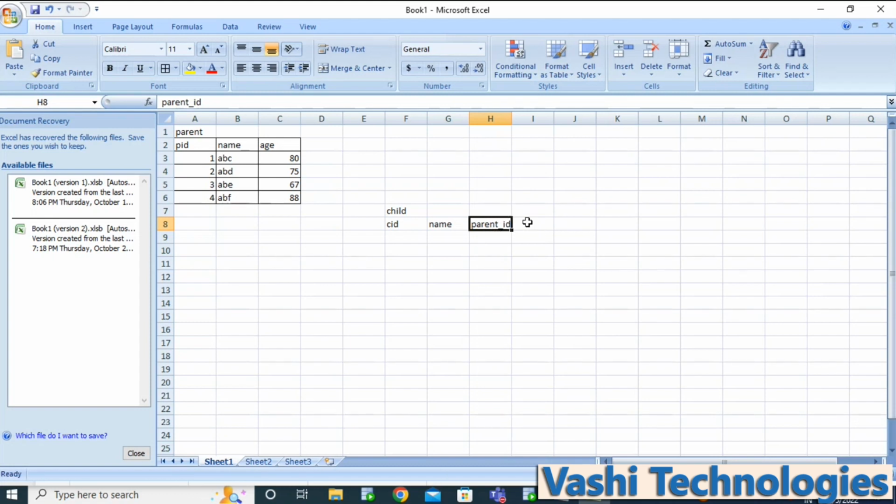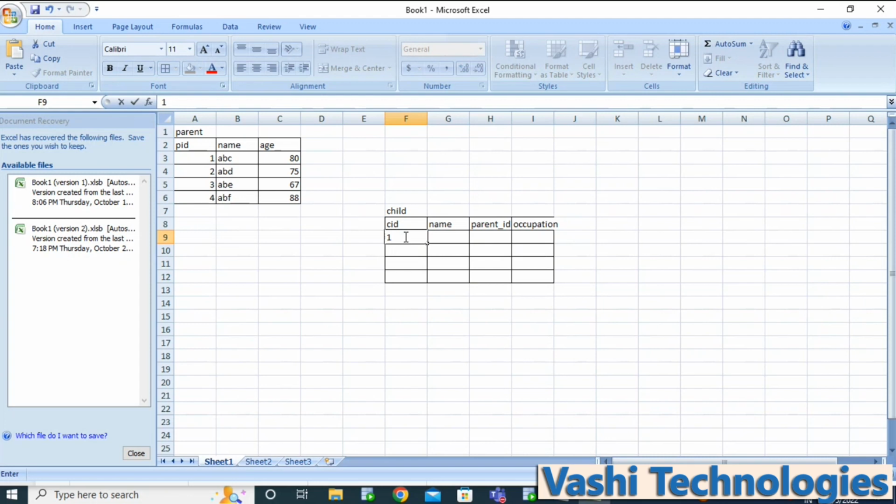Okay, now I'm mentioning a parent ID, as well as occupation. So you may mention the required column values in this case, and insert the values here. See, I'm mentioning C1, C2, C3, C4.